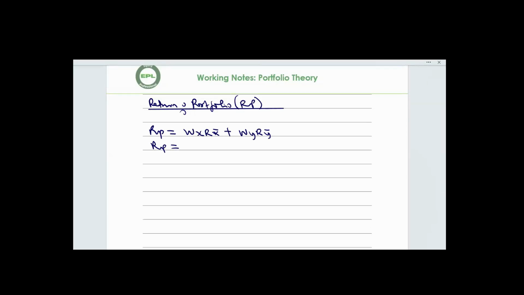So to calculate the return of the portfolio, RP will be equal to the proportion invested on security X multiplied by the expected return on security X, plus the proportion invested on security Y multiplied by the expected return on security Y. Therefore, the return of the portfolio equals, according to the question, you are told that